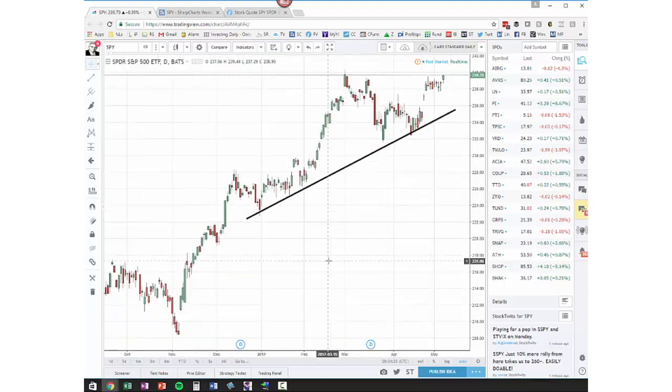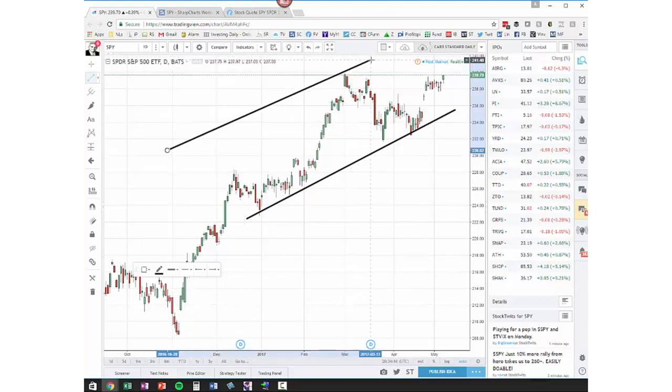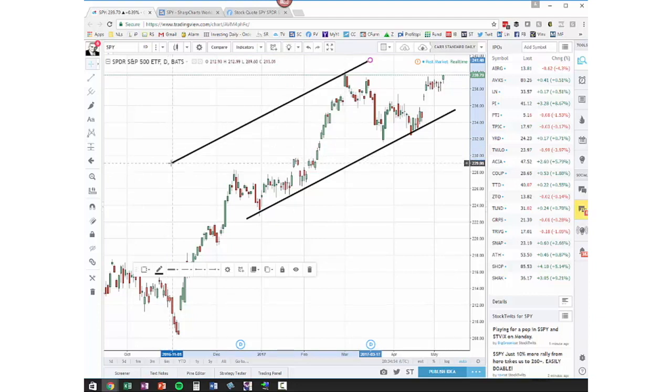Then the rule for drawing in your resistance line, which is your line that's going to cover over the top of this trend, is that it has to be parallel to the support line. Every trend channel, as we call them when you have the two lines drawn in, is a parallel channel. Both lines have to be parallel. So we're going to put in our resistance line over this highest peak right here, this highest high, and then I'm going to just sort of fiddle with it until I can eyeball it as being parallel